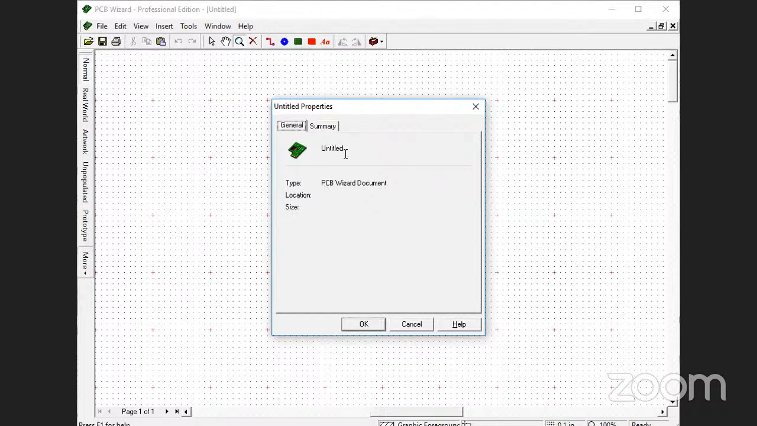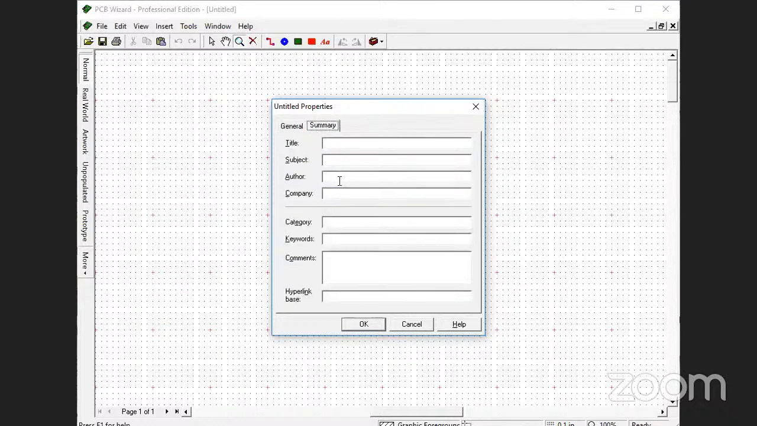So currently we are using an untitled project, right? So if you provide a title, let's say the title is sample PCB1. Author, let's say for this design I am giving my name, and the company name I am giving over here, right? Like this. So category, manufacturing, right? Then keywords,